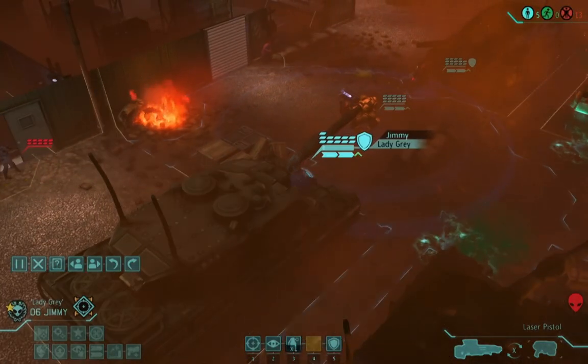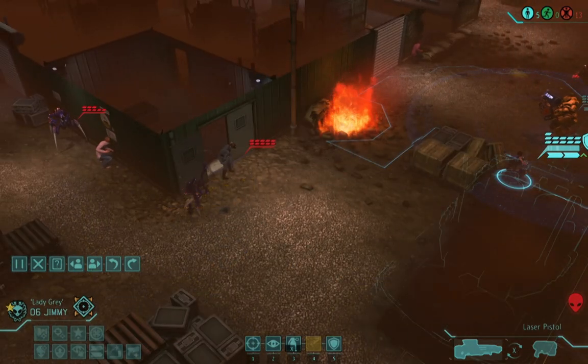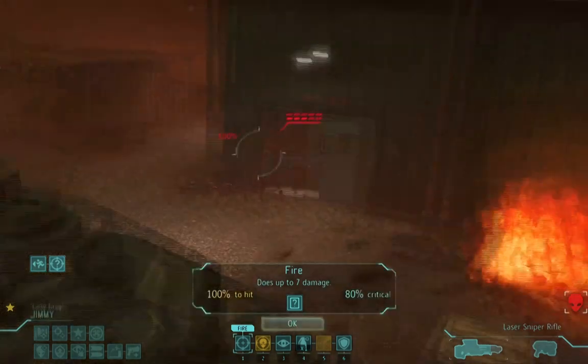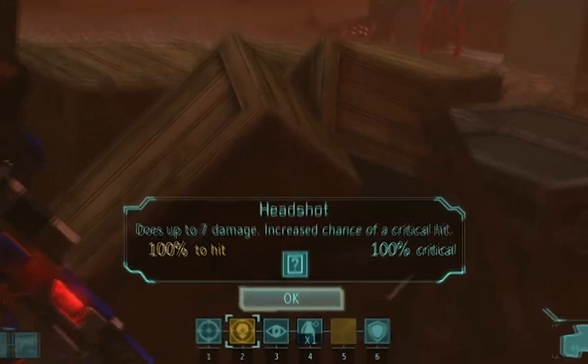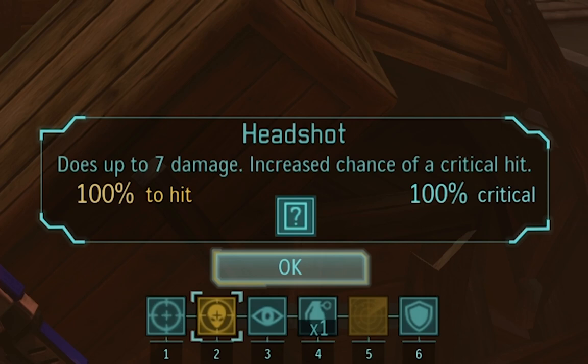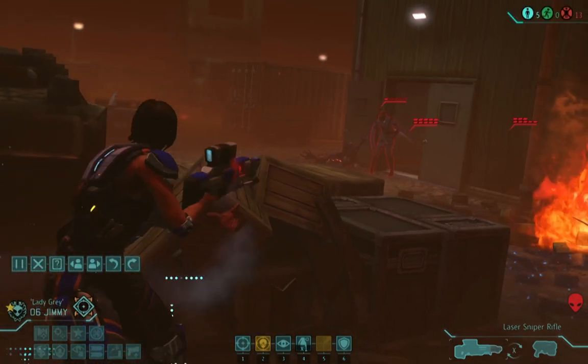Now, on our turn, we have to kill a zombie, the magic drone from hell, and what we're praying is the last of the Chrysalids. And check this out. Not only does Jimmy have 100% odds to hit, if I turn on her headshot, she has 100% odds to crit. Oh man, this is literally going to be the best shot in the history of shots. I can't wait to see...